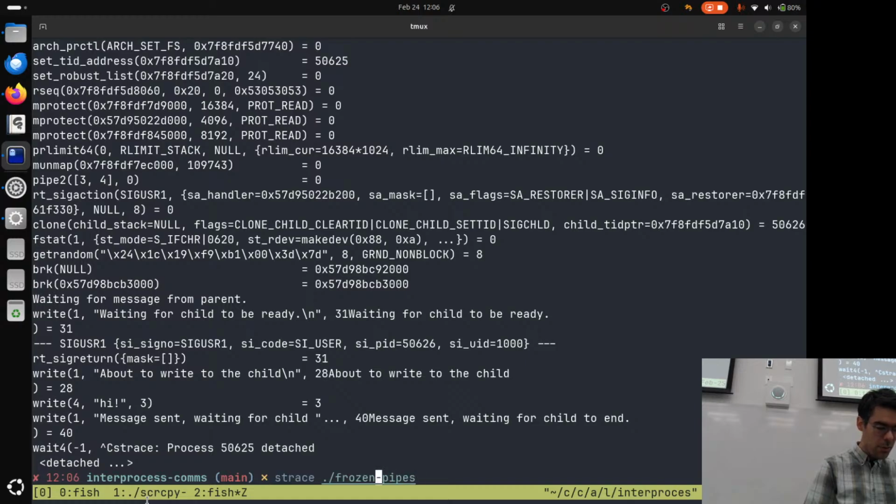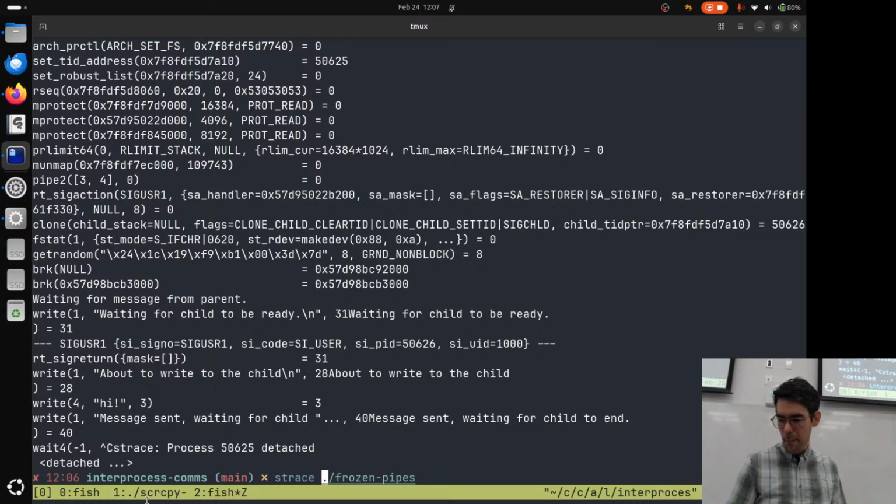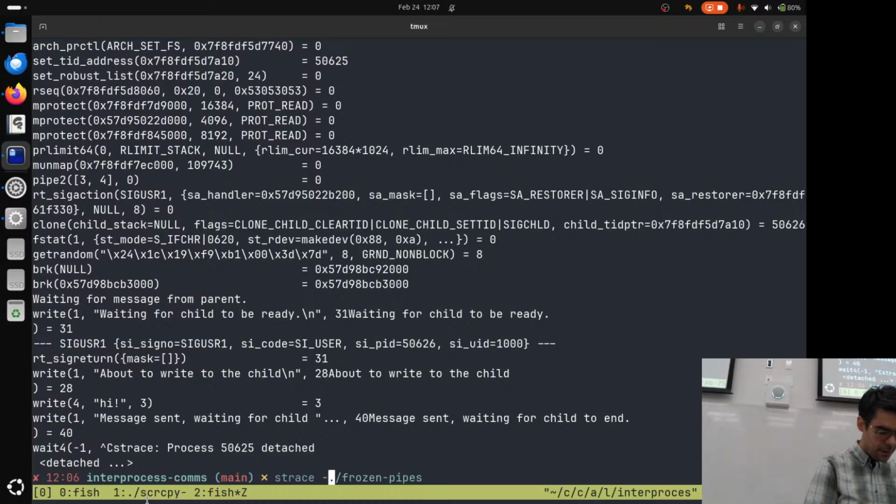First, I want to suppress a bunch of the output from strace, because there's too much. There's so much information here that's not actually useful to me. So I'm going to pass strace a new flag called -e. The -e flag allows us to specify what system calls it should actually print out. I'm going to say -e trace equals, and then I'm going to pass it first